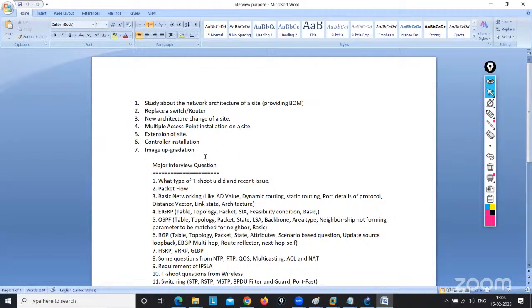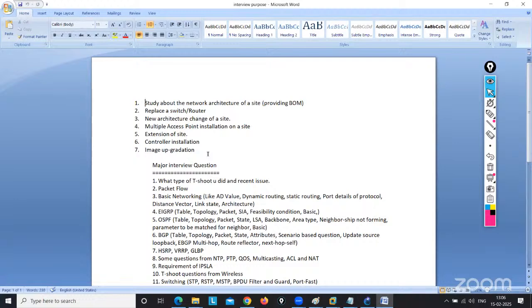So actually, if you have 6 years of experience, someone 7 years, someone 8, and someone 5, between 5 to 8 they will count as L2, or between L2 to L3. A lot of people I have seen, with 5 years experience, they just do some kind of monitoring work. They have SolarWinds and other tools, and if an interface goes down, a ServiceNow ticket will be generated, and they need to engage the concerned team. A lot of people I have seen, but this is the biggest issue.